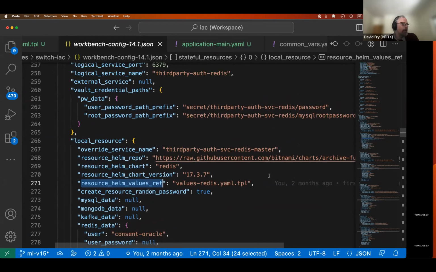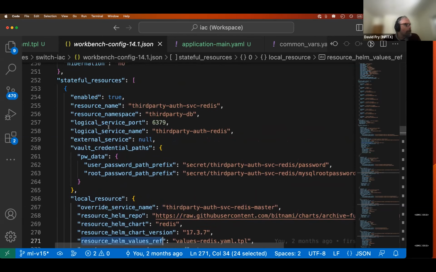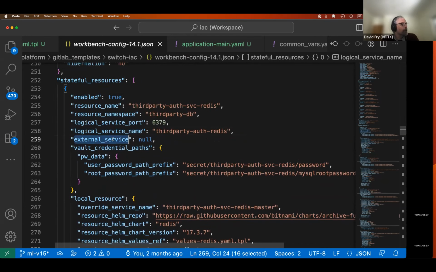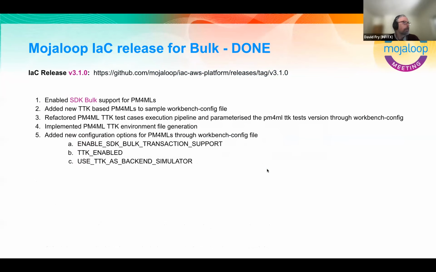No more detail on this, but I just wanted to mention that because there was a comment from FitzelWorks, I believe, about creating external services or managed database services and then using those managed database services within an IAC deployment. The preferred way to do that would be to reference them using these logical service names and external service. Anyway, I won't talk any more about that because we're limited on time. So I am going to go back to the slide deck.